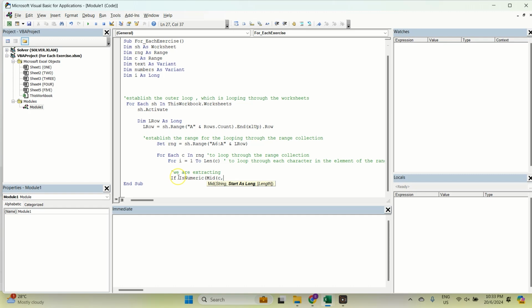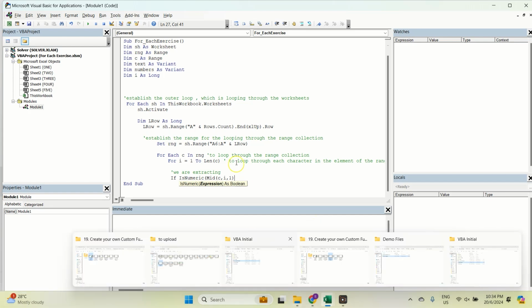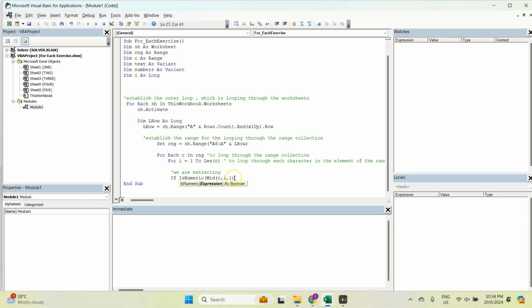I mean, the element in each collection of the range, right? And I is just going to be the iteration, the character number that you are referring to. So in the first iteration it's the first character, in the second iteration, the second character. So the 1 means that we're just checking one character, right? So if it's numeric,